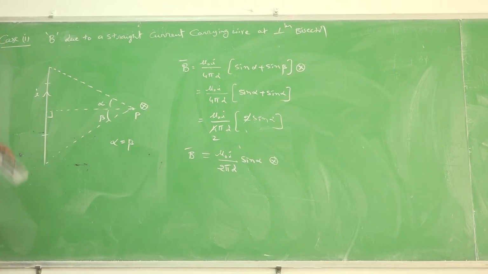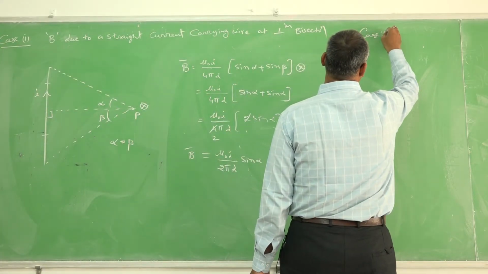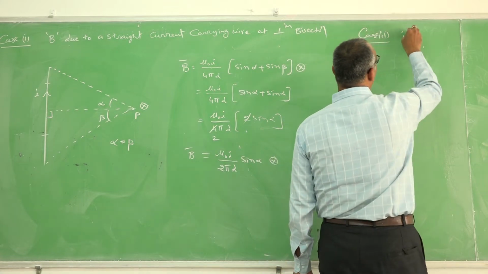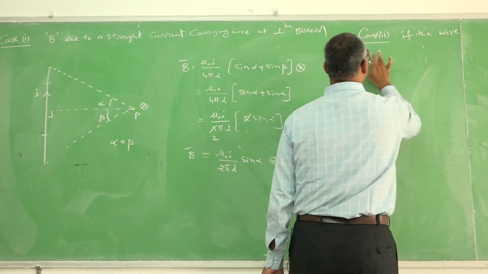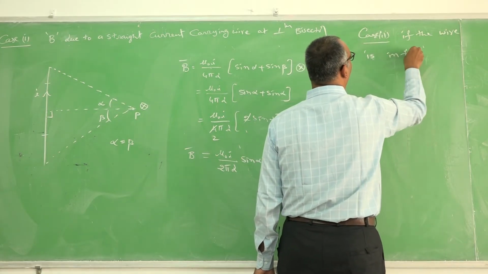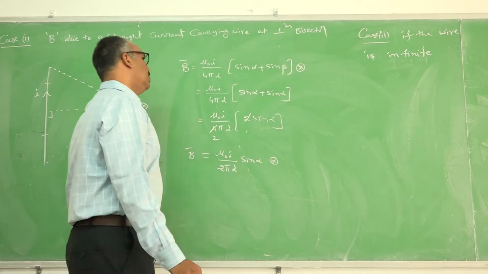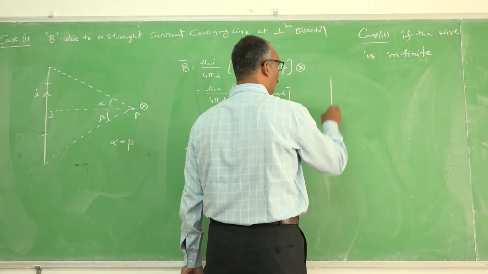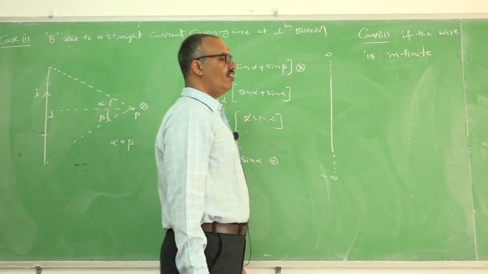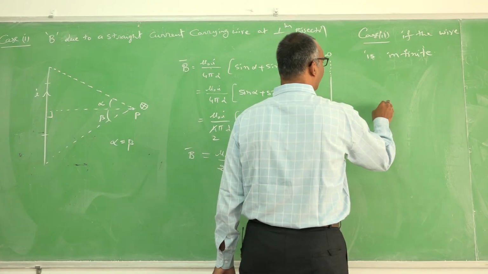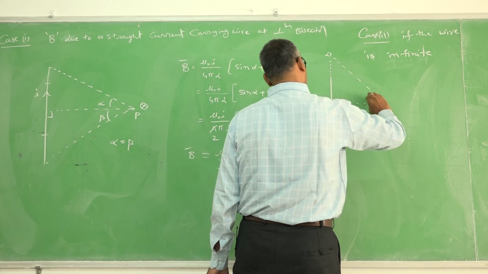If the wire is infinite wire, case 2. If the wire is infinite, that means the wire is extended up to infinity this side, and extended to negative infinity this side. Now you need to find the magnetic field at this point. This point is at a distance d, and if you want to find these two angles,